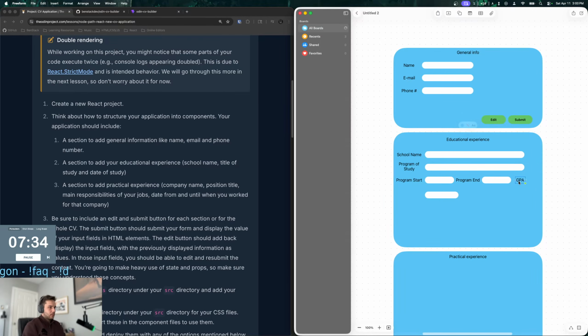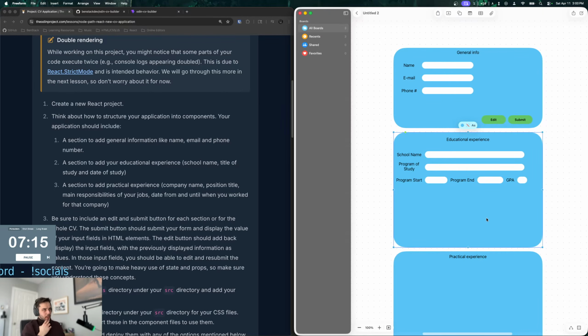Again, this will all be lined up properly when I actually make it work. But this is just to get a rough idea of what the layout's going to be like, right?